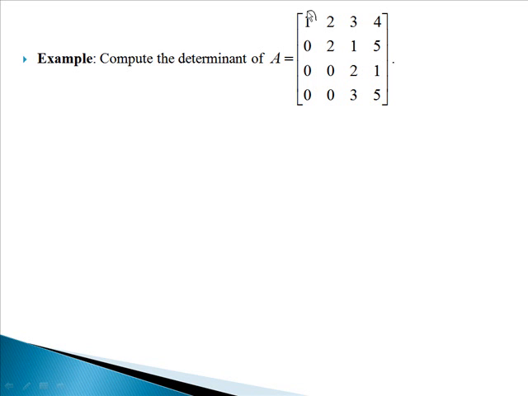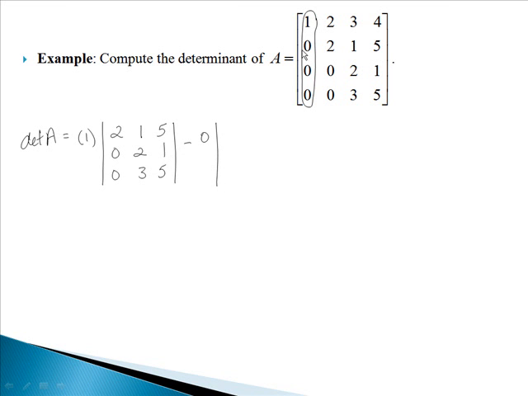So I notice here that I have one non-zero entry in my first column. So what I'm going to do is find the determinant of A by going down that first column. I have my first entry, which is a 1, times the matrix that I get when I eliminate that first column and the first row. So I have 2, 1, 5, 0, 2, 1, 0, 3, 5. And now I'll have minus 0, which is my next entry, times the matrix that I get when I eliminate the second row and first column,